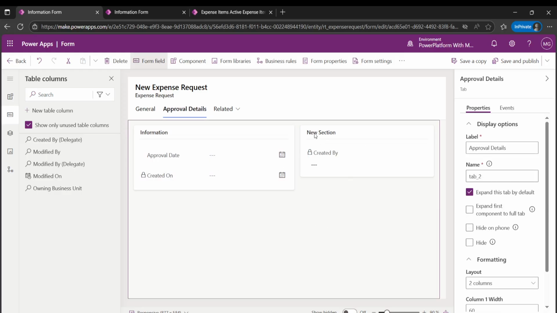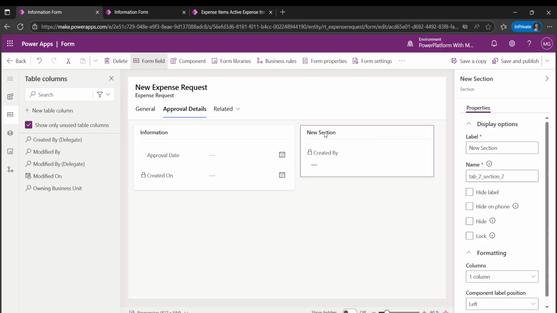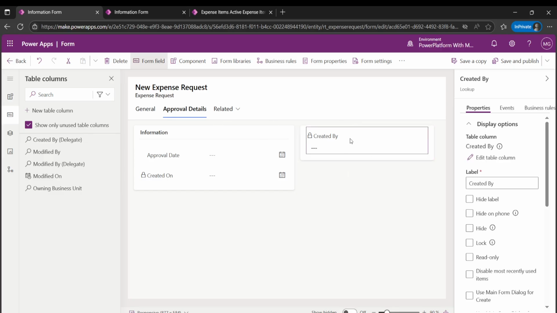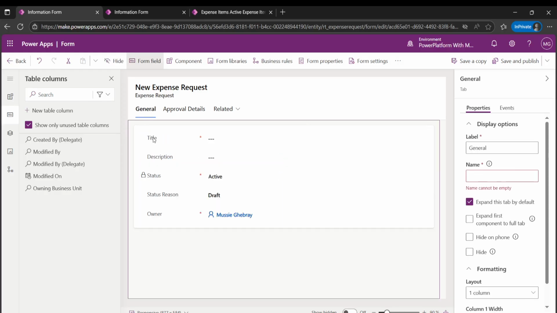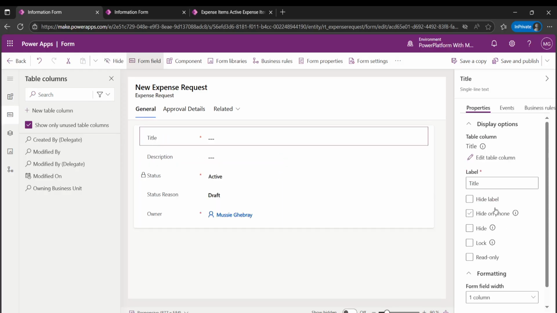And as you can see here, it says new section. What I can do is, instead of just changing the name to something else, you can name it whatever you want, but I will just hide the label. So if I click here, it just hides the label, and all you have is the created by. And also in here, if you click on the columns, same thing with here as well. If you click on the columns, you can actually